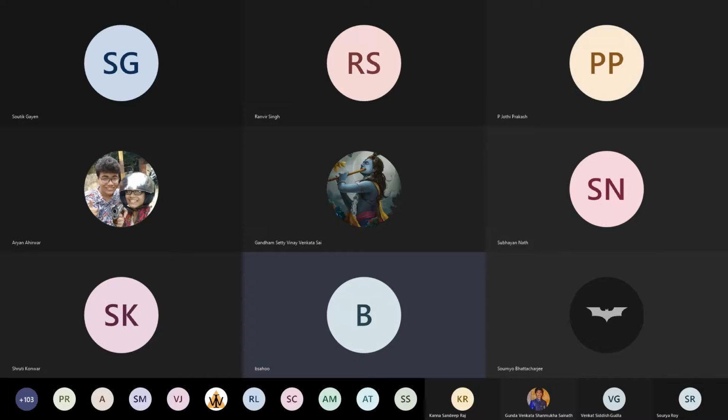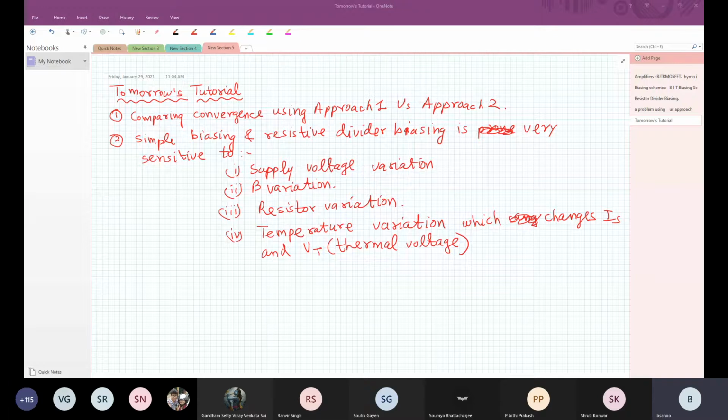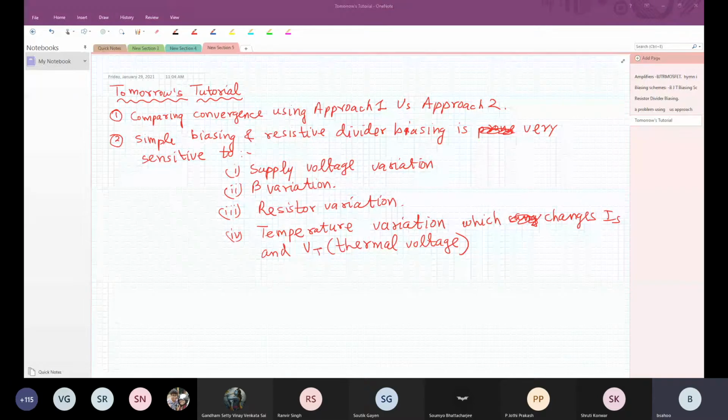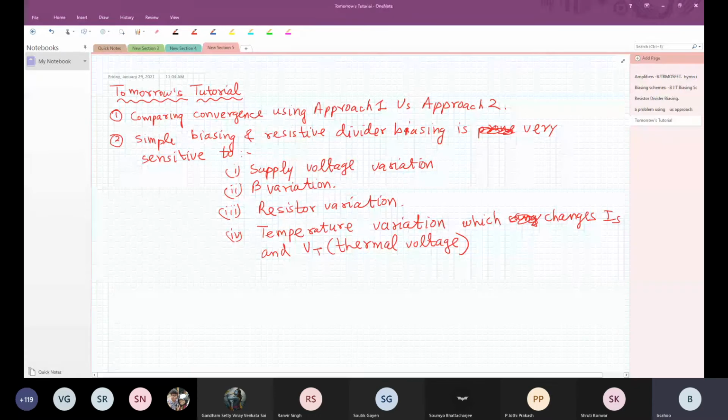Tomorrow's tutorial, we will be comparing convergence using approach 1 versus approach 2. Simple biasing and resistive divider biasing is very sensitive to supply voltage variation, beta variation, resistor variation. For supply voltage variation, we will consider plus minus 10% supply voltage variation, beta variation plus minus 50% variation, resistor